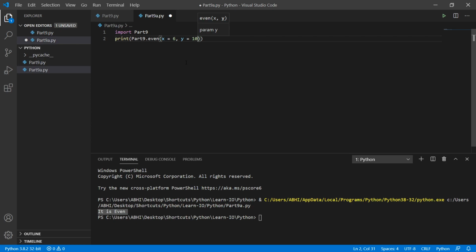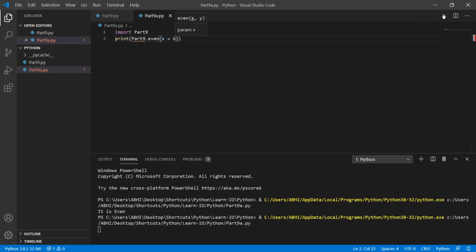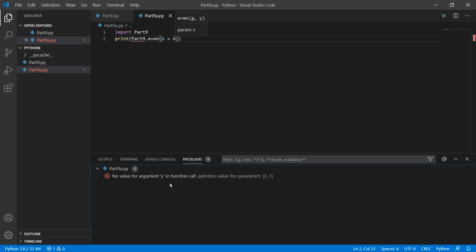But if you didn't include your y parameter, you will definitely get an error. So let me show you that before we include our y parameter. So it shows you need a y parameter here. But if you don't include that, you will get an error. Let's wait for it to load for a second. There we go. We got a bunch of errors. We see a problem here. It says no argument given for y. So let's change that and give it an argument. So y is equal to